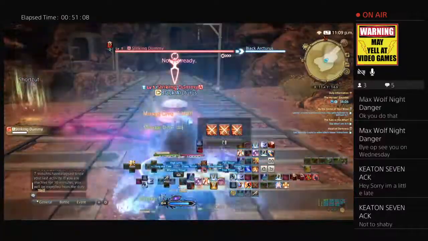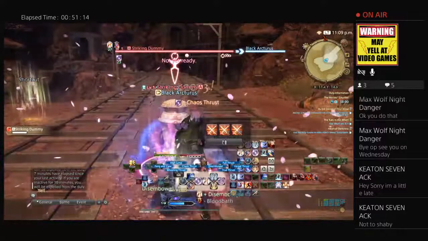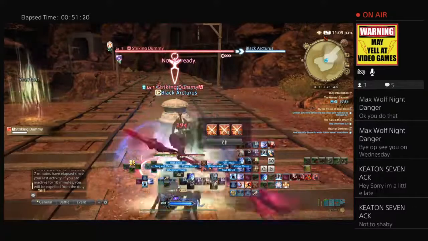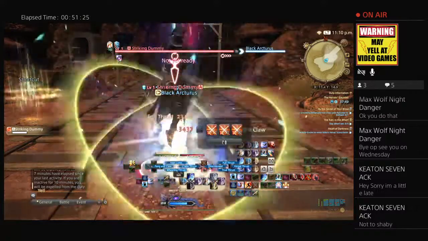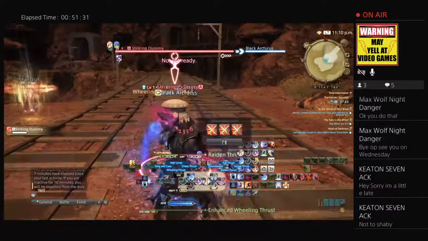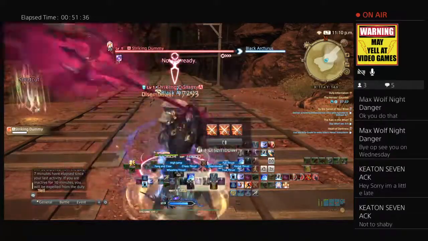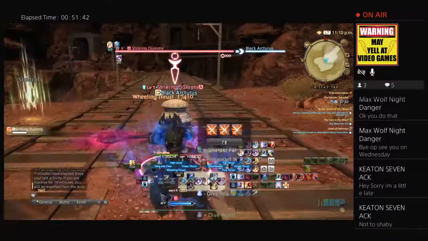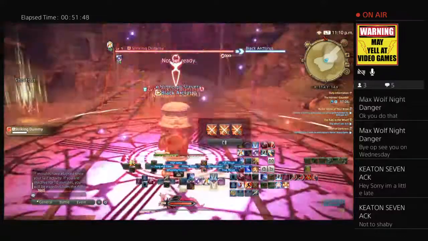Now High Jump. Then I'm going to go to Mirage Dive, Disembowel, Chaos Thrust, Wheeling Thrust, Fang and Claw, True Thrust, and then you'll hit Vorpal Thrust, and then you'll hit the Full Thrust, and then you'll hit Fang and Claw, and then Wheeling Thrust, Radiant Thrust, and I'll go back into the Disembowel, Chaos Thrust, High Jump, Mirage Dive, Wheeling Thrust, Fang and Claw, Geirskogul, Nastrond, Stardiver,